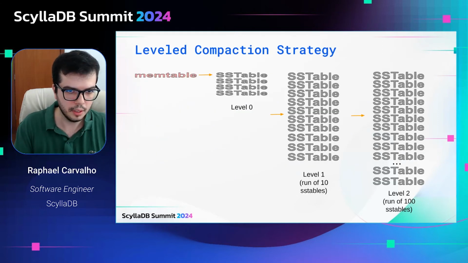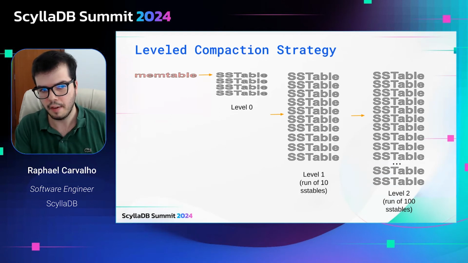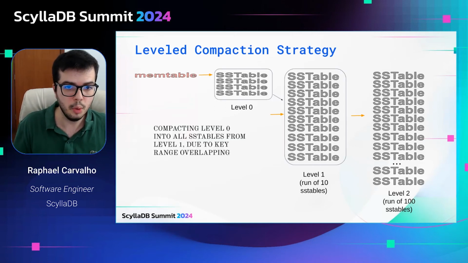So this is how it works. We have the SS tables divided into levels. All the SS tables are fixed in size. We use a default size which is smaller than 1 gigabyte. To be precise, 160 megabytes each SS table. And as you can see, each level is 10 times bigger than the previous level. Level 0 is treated especially, but you can see that pattern with level 1 onwards. So level 2 is 10 times bigger than level 1. And by doing that,